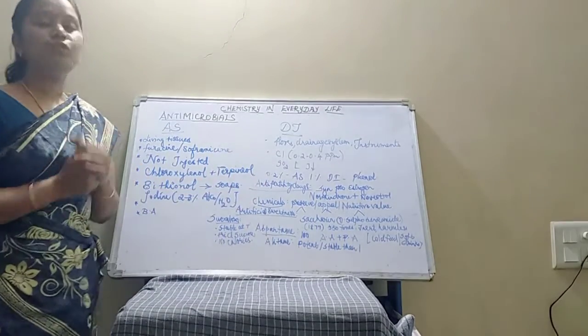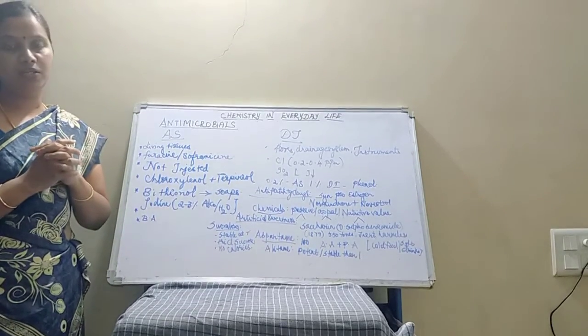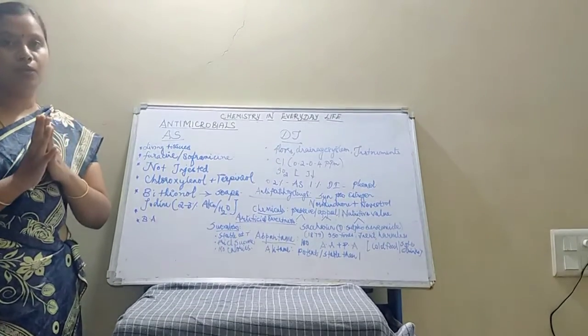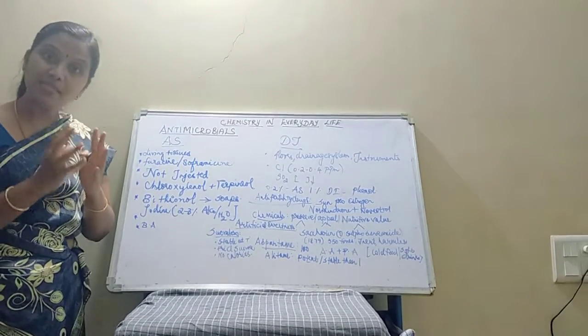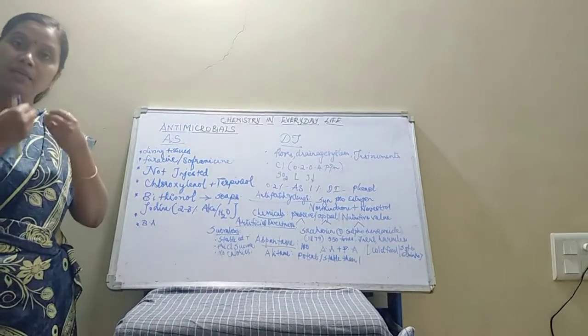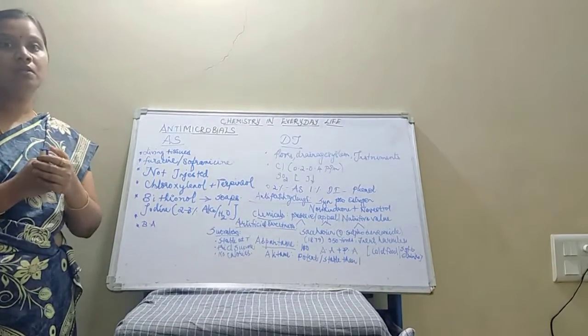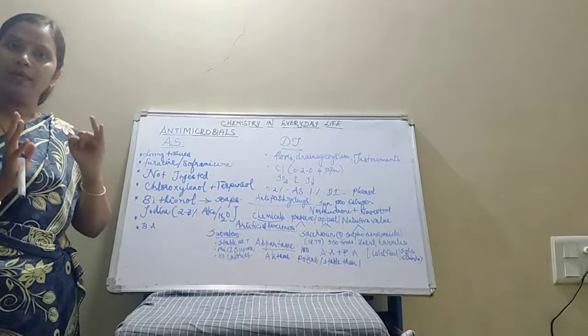Then we are moving to the food industry. So chemicals are also used in the food industry. Where are they used? They are used in food preservation. In order to preserve the food, chemicals were used. So which chemicals were added for food preservation? Preservatives were added. Then stabilizing agents were added.